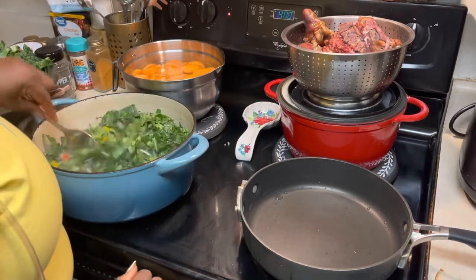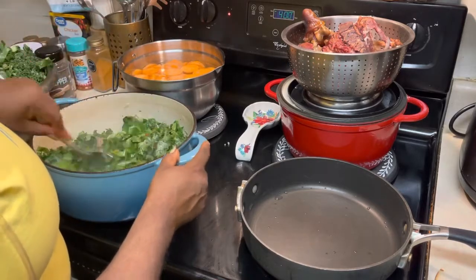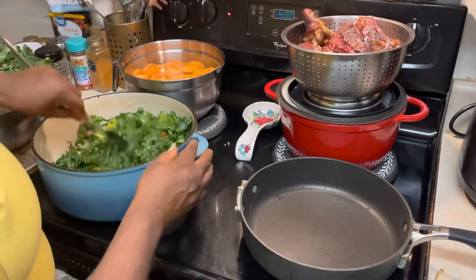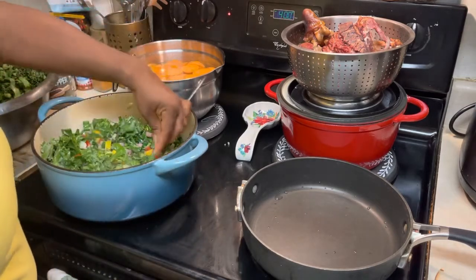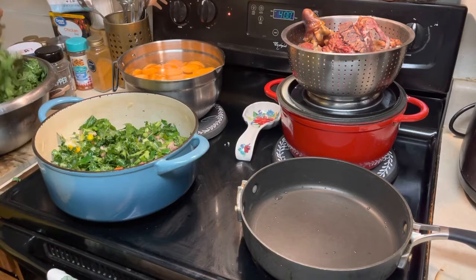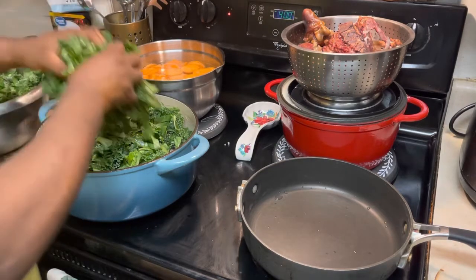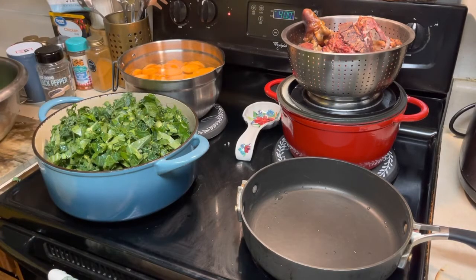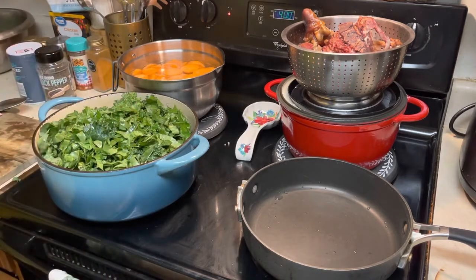Pretty colors, aren't they? Okay, so they cook down pretty quickly. Alright. So I'm going to add more by the handful. I'm going to let these cook down as well. Alright, while that cooks down for a few,